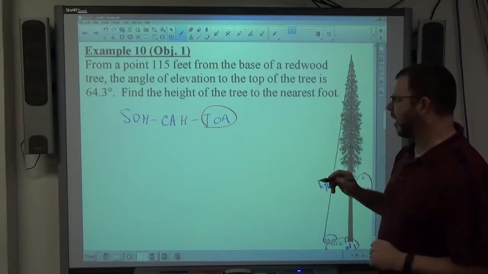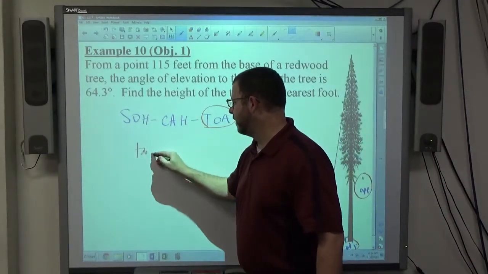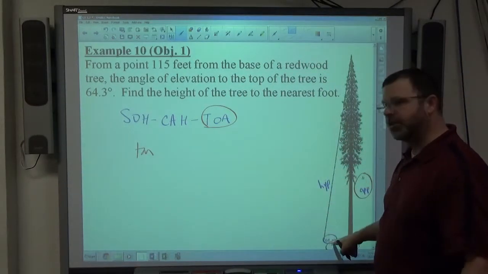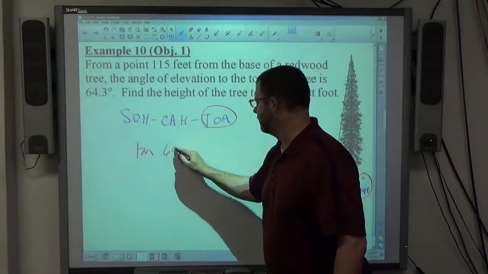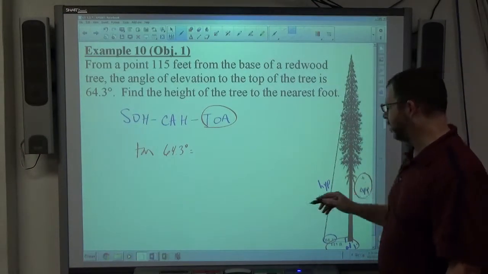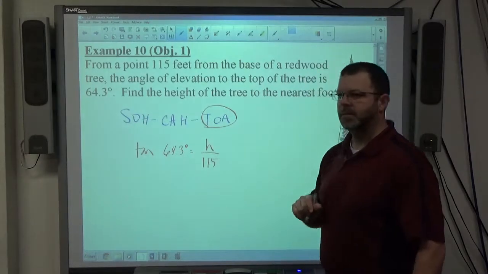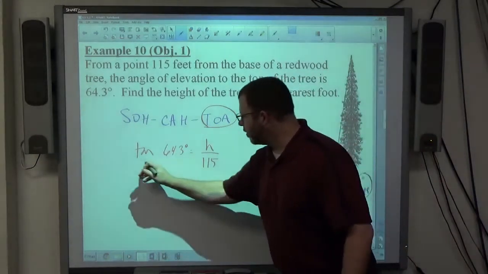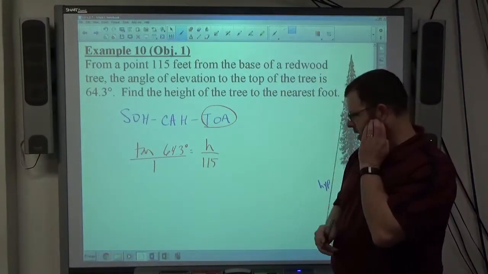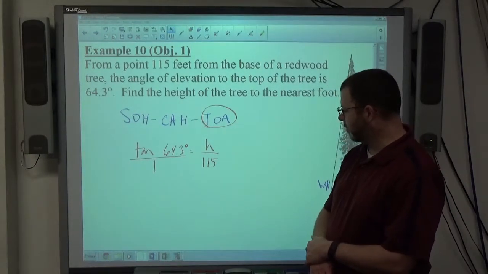So I've established this tangent, so I write out a good trigonometric expression. T for tangent of an angle, always, if it's sine, cosine, tangent, it's always of an angle. The angle is 64.3 degrees. Is equal to the ratio opposite over adjacent, opposite h over adjacent 115. Always consider this to be a proportion, so put that over 1. At this point, I want to figure out the tangent of 64.3 degrees, and